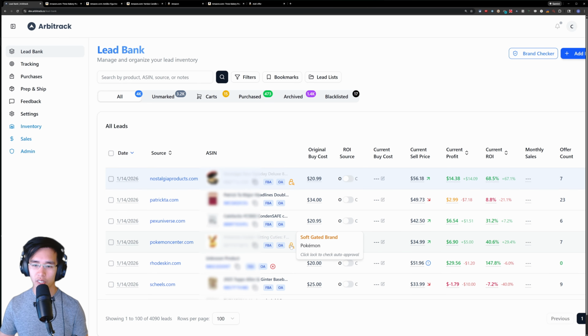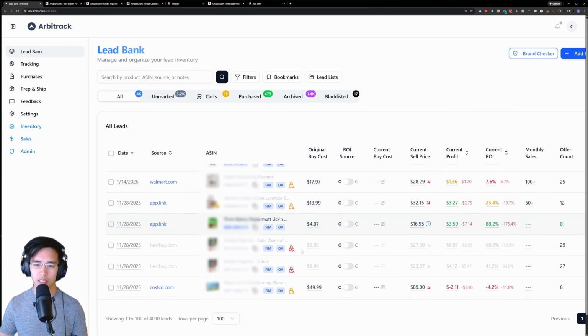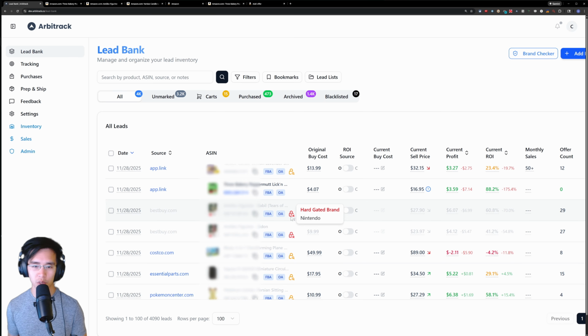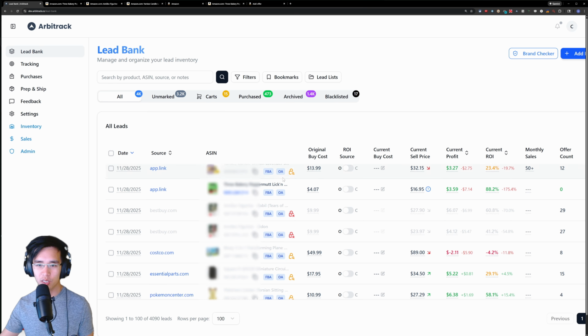So if I hover over this Pokemon, I know that this is not an auto approval, so I'm going to move on, right? And I also have hard gated icons here. So this one's hard gated for sure. It's a hard pass. I even grayed out the whole row for when they're hard gated just to make it real clear that you don't have to waste your time looking at this. The other cool thing is I used to wonder if any of my hard gated brands would finally open up over time, but it's a manual process where you have to click on an ASIN and apply to see. But now that I can just have this checking for me in the back, I don't have to do that anymore. I can just use this, and then one day if it opens up, then great, I'll see it